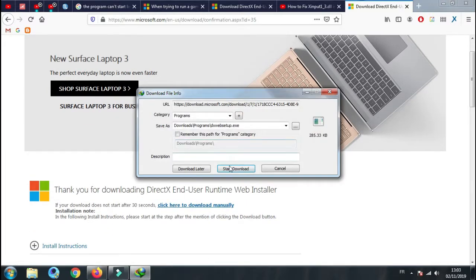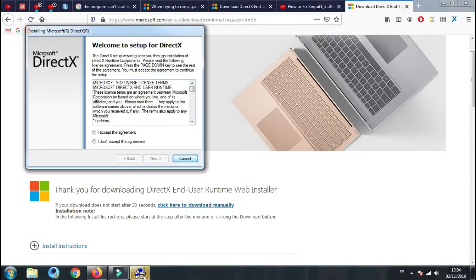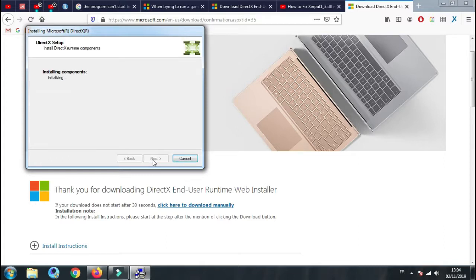After you download the file, click open. And then yes. Then I accept the agreement. Then next, uncheck install the Bing bar if you want, then click next. Wait a few seconds, then next, and